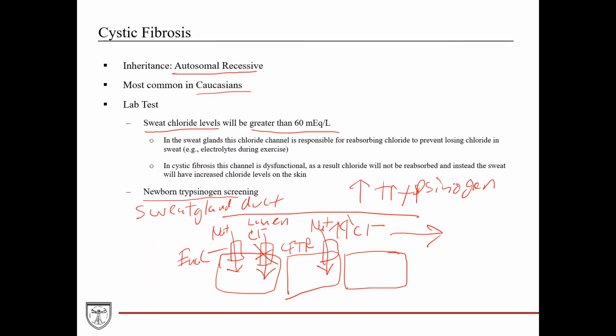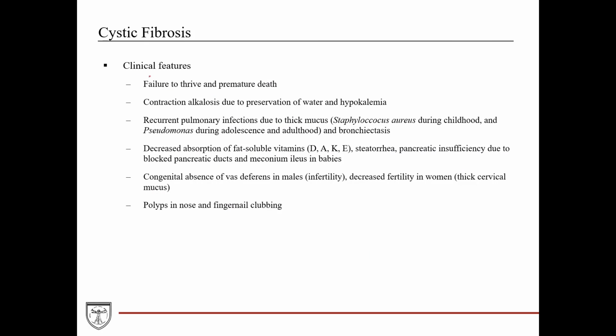So it gets built up, it drains out, and it's built up in the blood. And so you see increased levels of trypsinogen in the newborn. And so that can be used for diagnosing cystic fibrosis as well. What typically would happen is you would do this first, and if this is positive, then you do a sweat chloride test to confirm. So clinically, patients with cystic fibrosis are going to demonstrate failure to thrive and premature death,